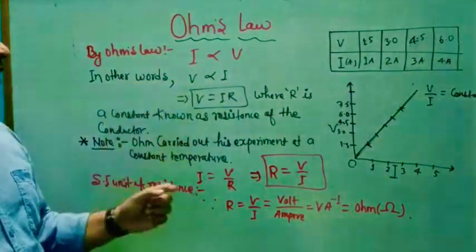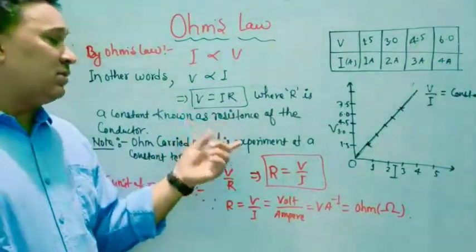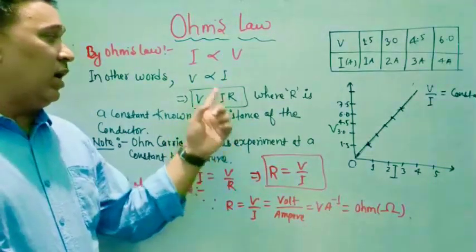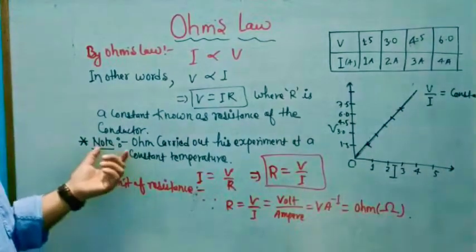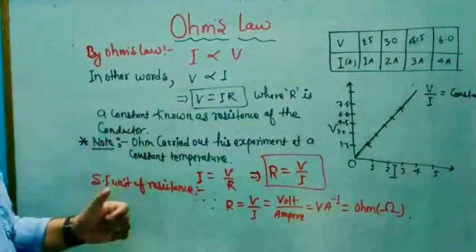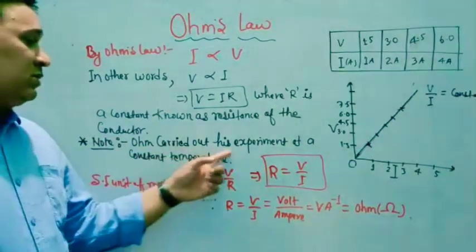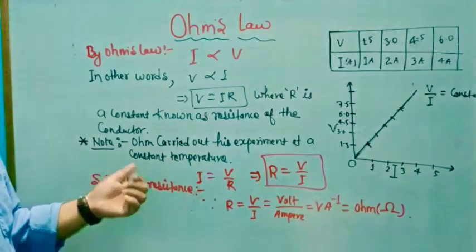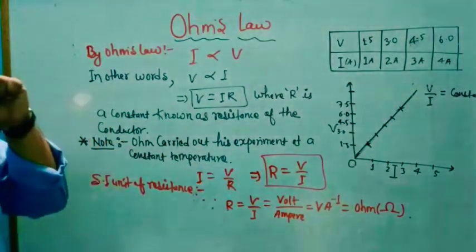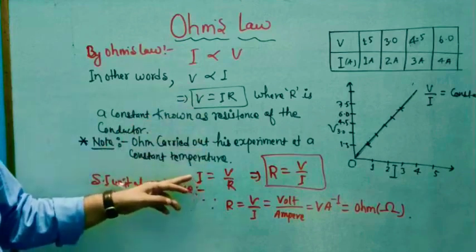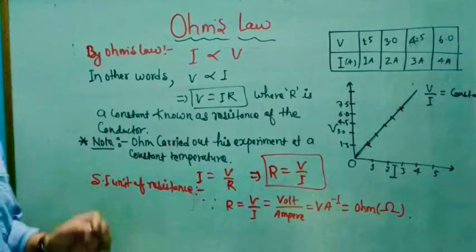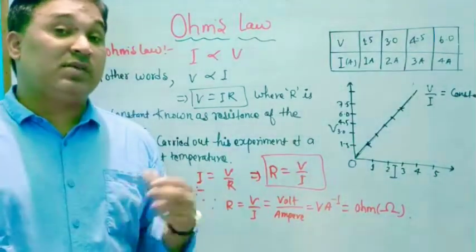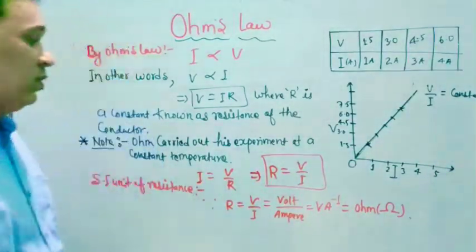इसलिए हमको इसको अदर वर्ड्स में लिखना पड़ा, V is proportional to I, then we have a relation V is equal to IR, where R is a constant known as resistance of the conductor। यहां पे ध्यान रखना है, फिर से एक बार मैं बोल दूं, Ohm carried out his experiment at a constant temperature, टेम्परेचर कांस्टेंट रखा। इसी रिलेशन से हमारे पास आता है I is equal to V by R। तो यहां हम देख सकते हैं that the current flowing through the circuit is inversely proportional to the resistance। इस बात को भी ध्यान में रखिएगा।